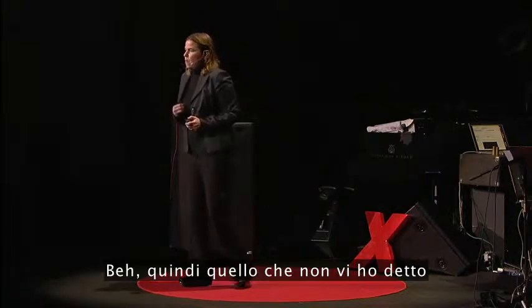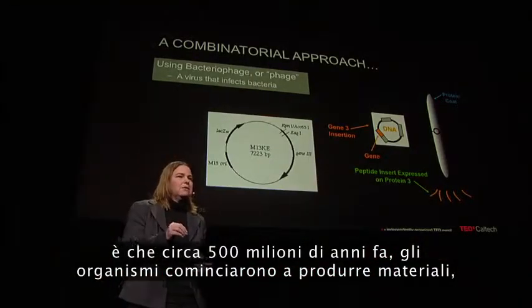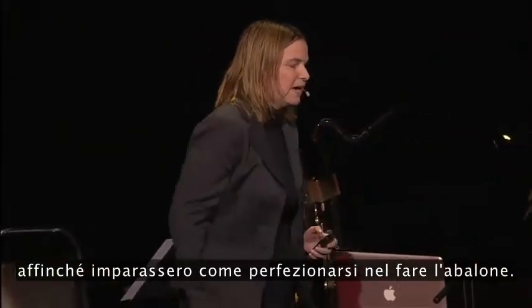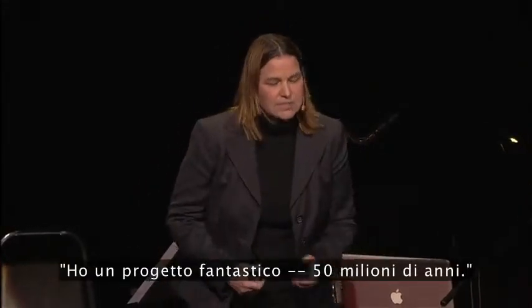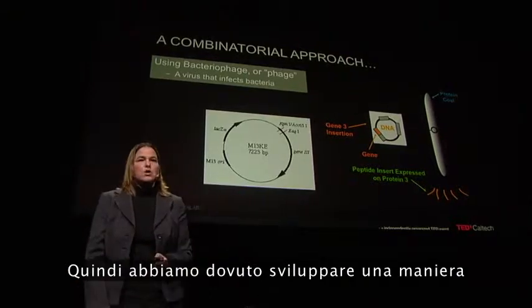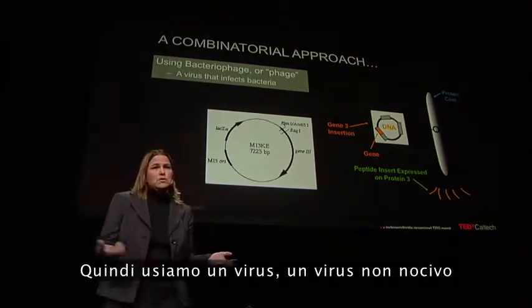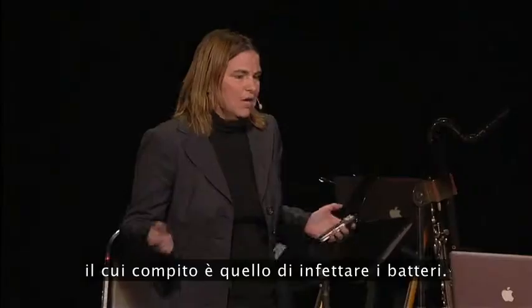So basically, what I didn't tell you is that it was about 500 million years ago that organisms started making materials, but it took them about 50 million years to get good at it. It took them about 50 million years to learn how to perfect how to make that abalone shell, and that's a hard sell to a graduate student. I have this great project, 50 million years, and so we had to develop a way of trying to do this more rapidly. And so we use a virus that's a non-toxic virus called M13 bacteriophage that's job is to